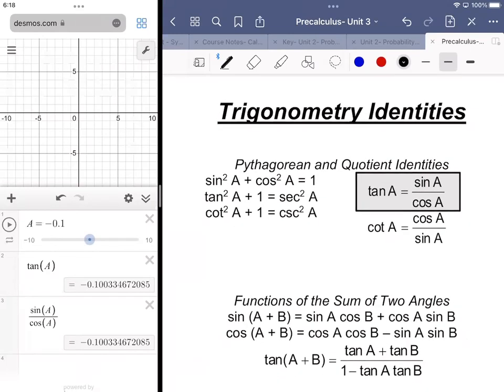But you can also verify that cotangent is equal to cosine over sine, right? It would amount to the same thing that I did here. You just change the tangent to a cotangent and change the ratio, instead of sine over cosine, make it cosine over sine. Now,